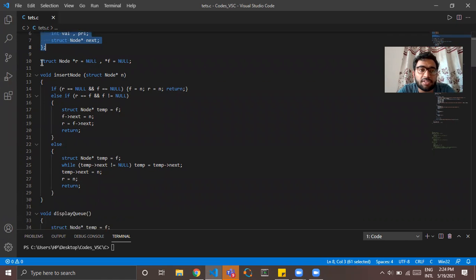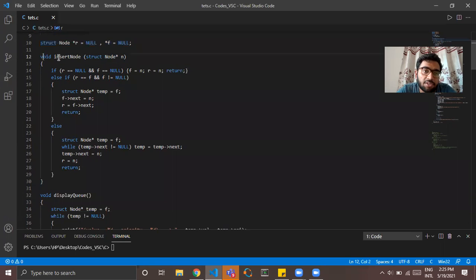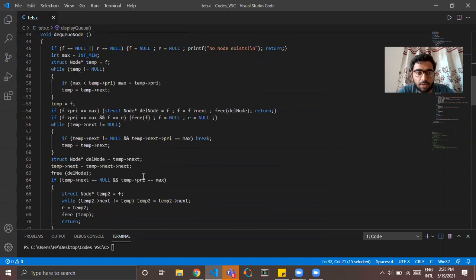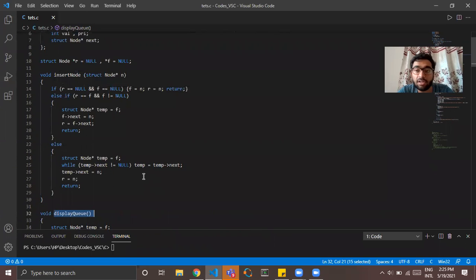Now, these are two pointers that we have initialized, the rear pointer and the front pointer. Initially, at the time of execution of the program, when we have just executed the program, the queue will be empty. So obviously both of them are pointing towards null. We have operations like insertion, deletion or dequeuing, and displaying of the queue. Now all the implementations are done iteratively. There's no recursion in the entire code.